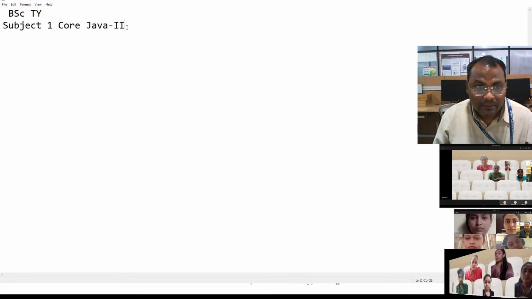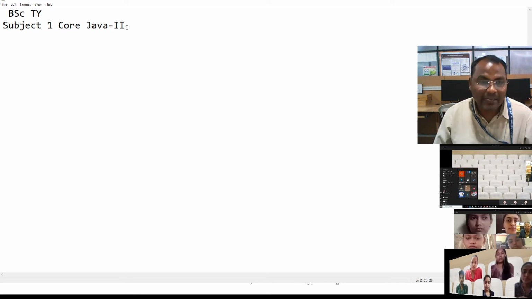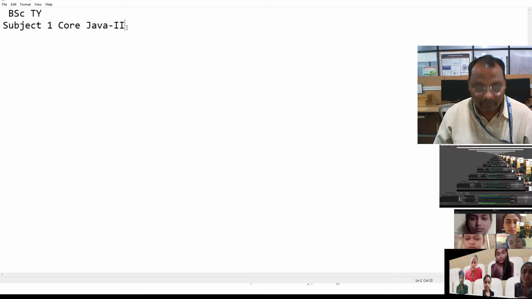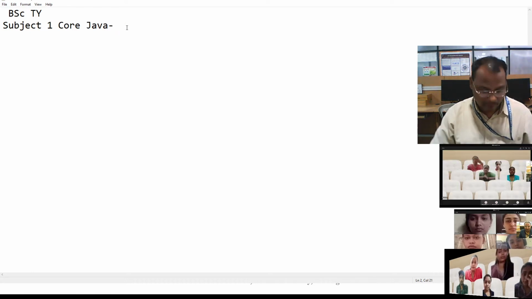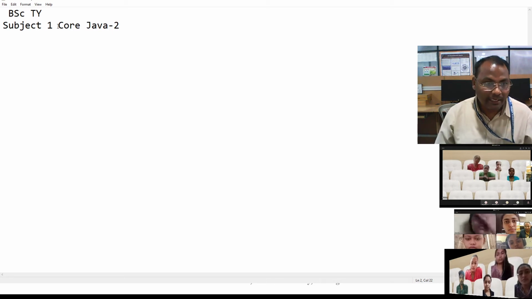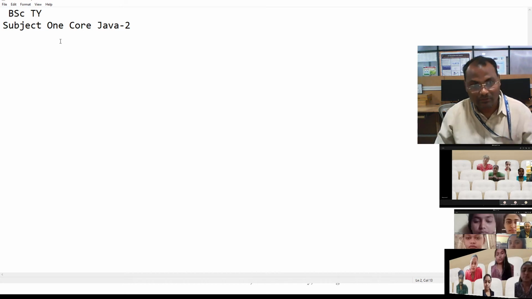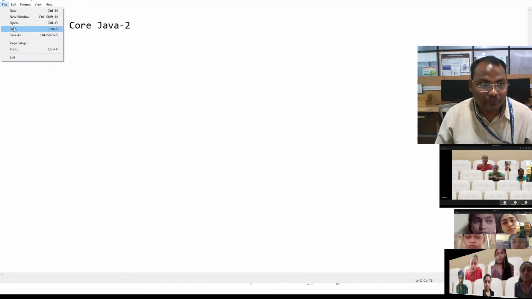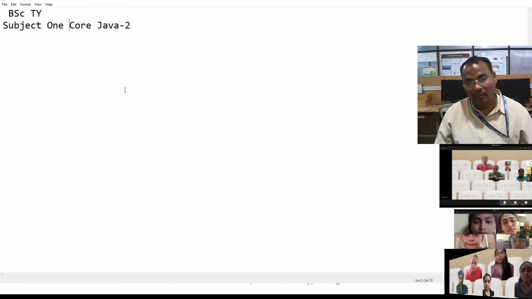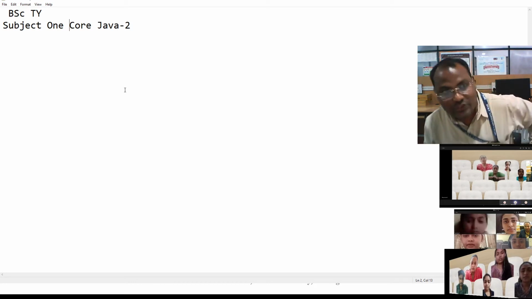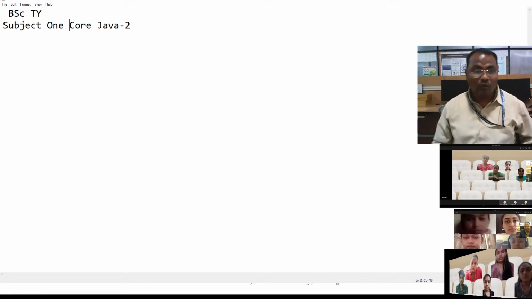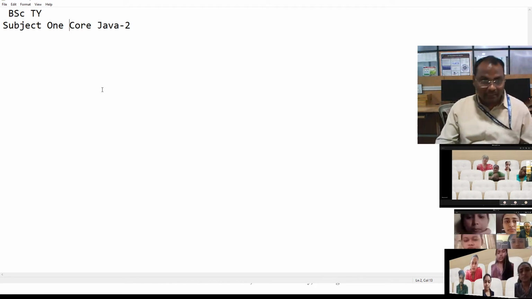We are writing some information. Instead of 2 written as a numeral, we write the word, and instead of the word 1 we write the figure 1. Now save this file, meaning store this file in the computer.